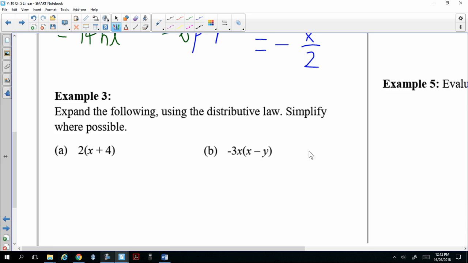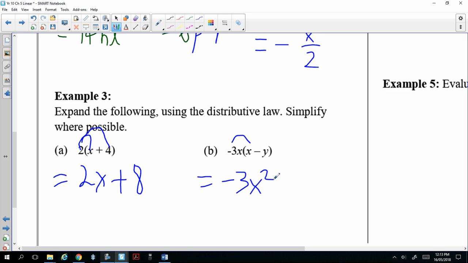Now we need to know how to expand brackets. Just a simple question. So 2 times x, 2x. 2 times 4 is 8. Sorry, 2 times 4 is 8. Okay, good. Next one. Negative 3x times x is negative 3x squared. And then what you do is plus, negative times negative is positive 3xy. Okay? The negative and negative get cancelled, become positive. All right, and there's more expansion that follows. So what if there are 2